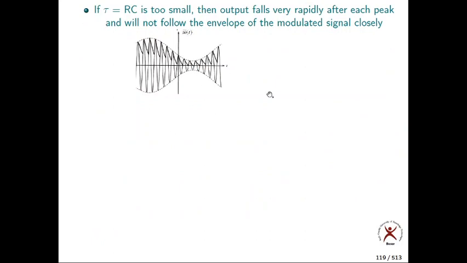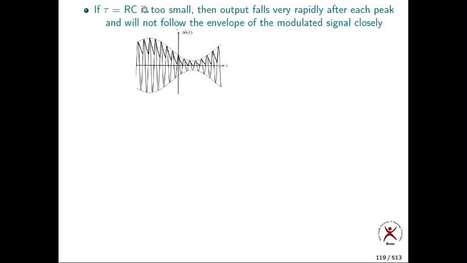Now, there are some problems with the ED also. The problem is, we have seen the discharging. The capacitor discharges through R. We know that if there is an RC circuit, the time constant is R into C. That is the basics of networks. Now tau equal to RC. What is the tau? Discharging time constant.